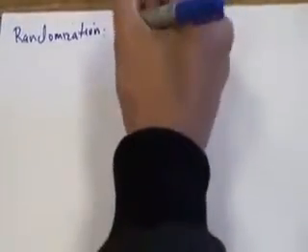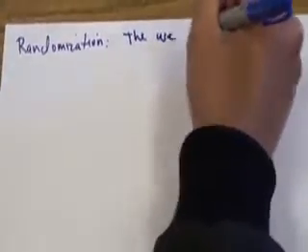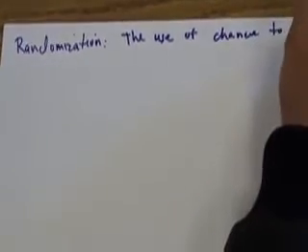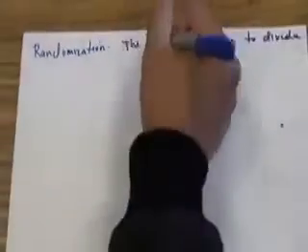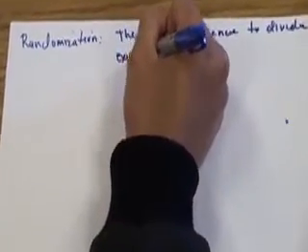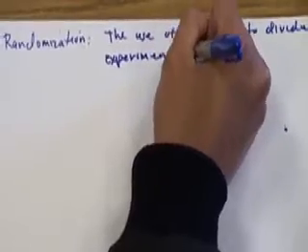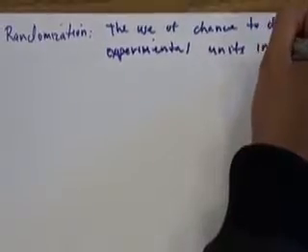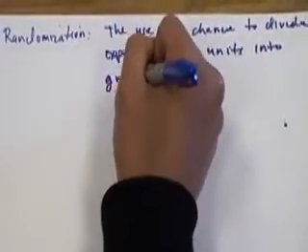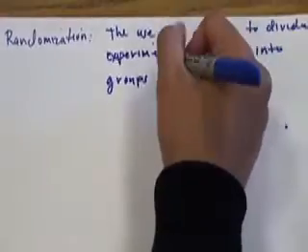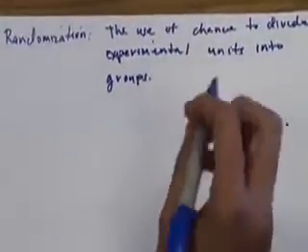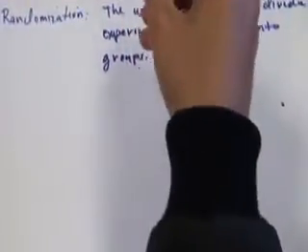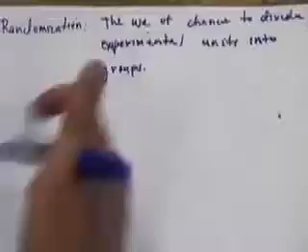Randomization is the use of chance to divide experimental units into groups. This is essential to try to get a good experimental design, because without doing this, bias may be introduced into the experiment. For example,